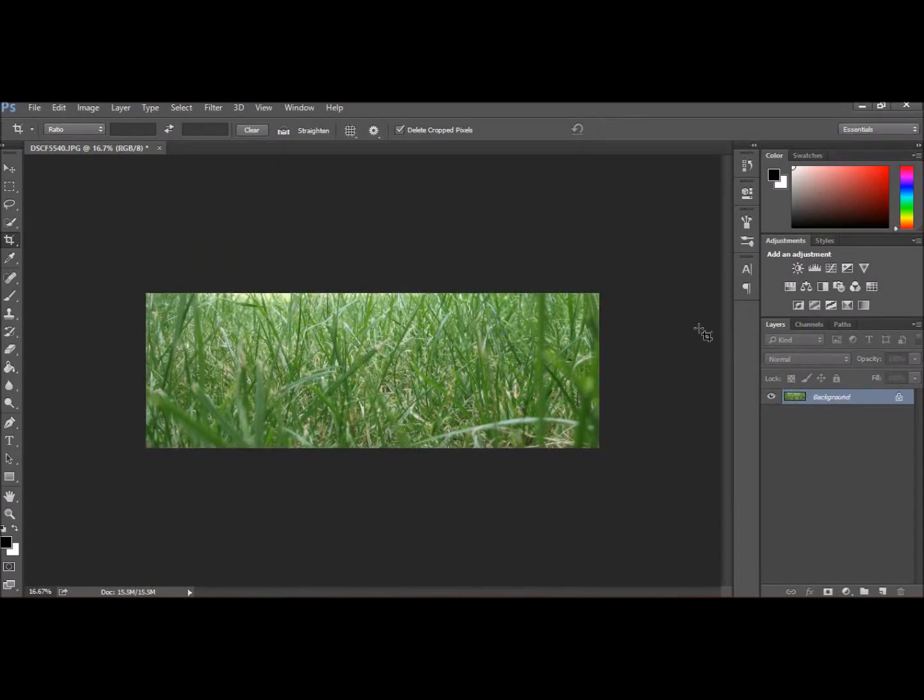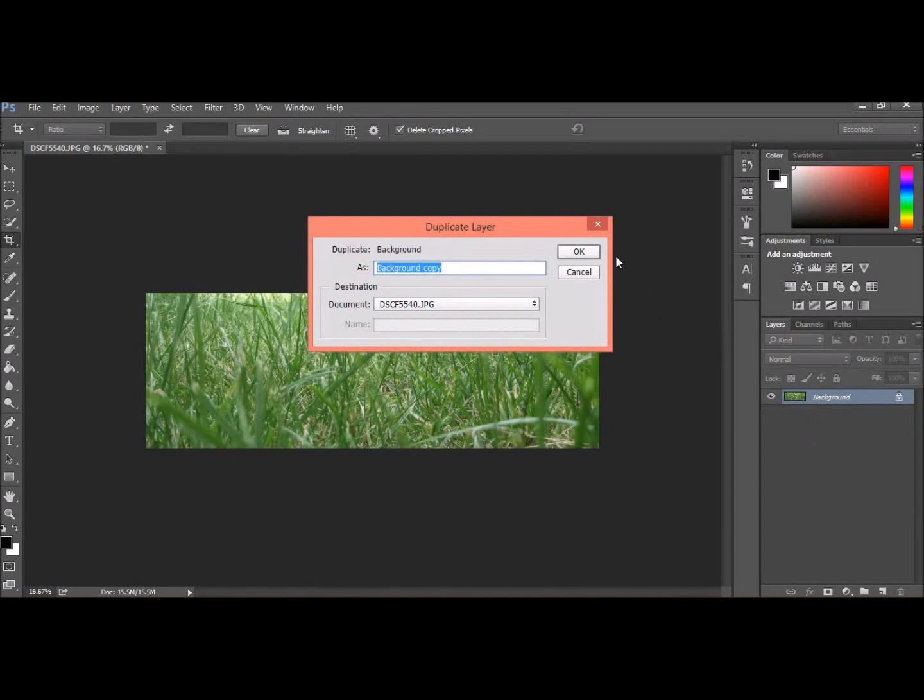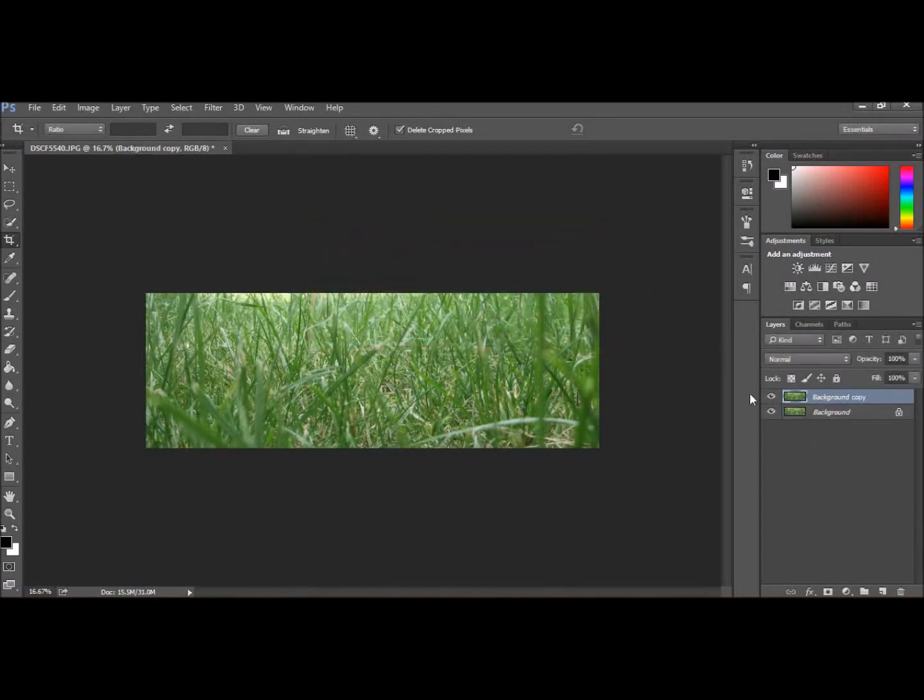So now we go over to the background and we duplicate that layer, click OK. So we've got two copies. This is non-destructive editing basically, so you never mess up the first image that you had. And the next thing we need to do is take our text tool